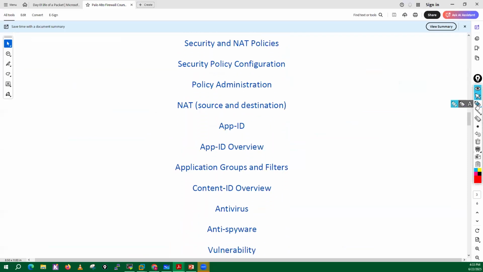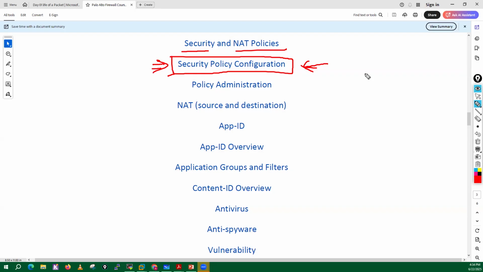Once this part is complete, I'll move towards the most important topic of your Palo Alto Firewall, which is security policies and NAT policies. Here I will tell you how you can do the configuration of security policies. I will discuss what universal rules, intra-zone rules, and inter-zone rules are, how we can create different types of rules, what the different components available in security policies are, and how we can perform the optimization. All those things I will cover in the security policy session.